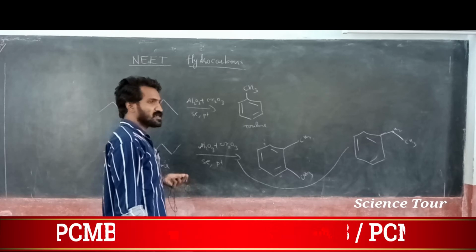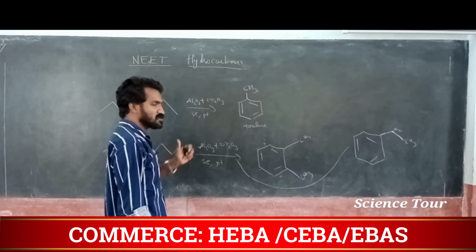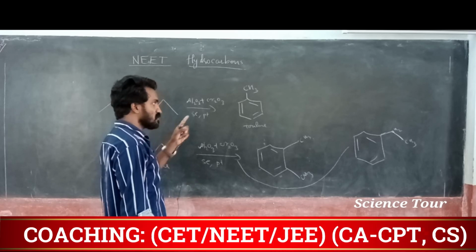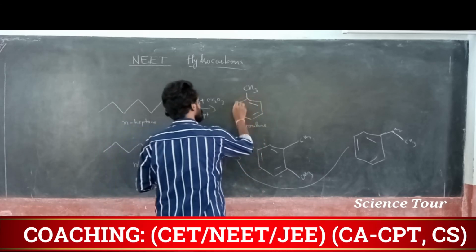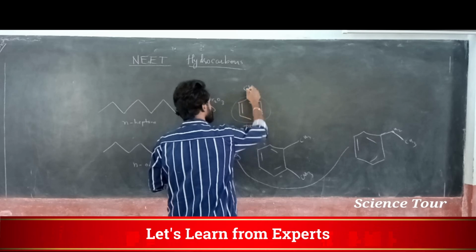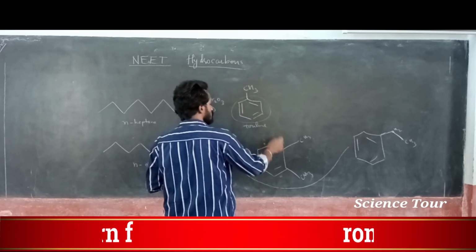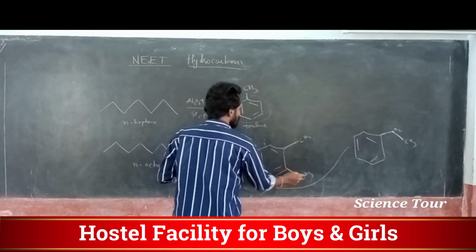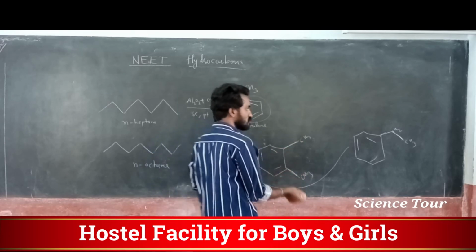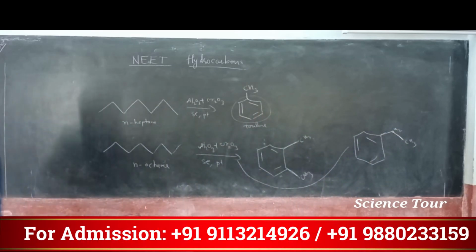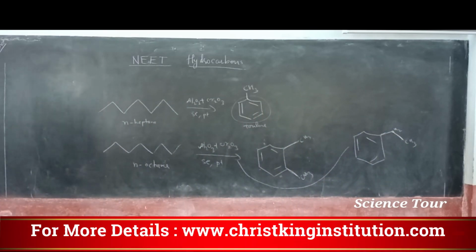Why I say you don't get confused much with this: every time you are converting, aromatization means it will form one benzene ring. Benzene ring you write first. After that, remaining carbon you substitute. So here also the 7th carbon I wrote here. Here also the 7th, 8th carbon is like this. Like this also I can write, like this also I can write. Understood? 2 possibilities are there in this one.